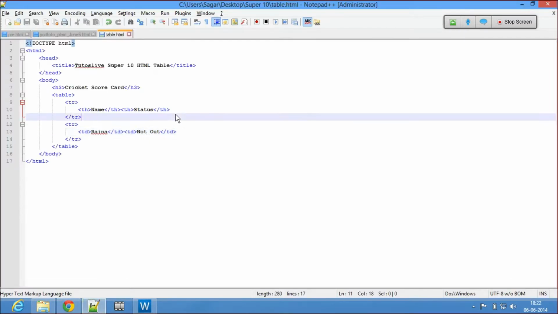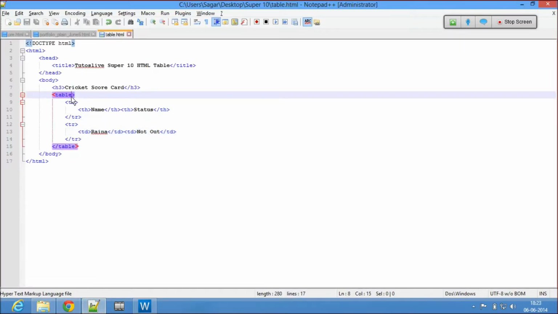Okay, now let's put the attributes. So the first attribute I'm going to put is bgcolor. Now coming to colors here, there are so many ways you can give a color. I won't be talking about the color attribute now, but I'll just give the names. You can give names here. Let's say green or light green.